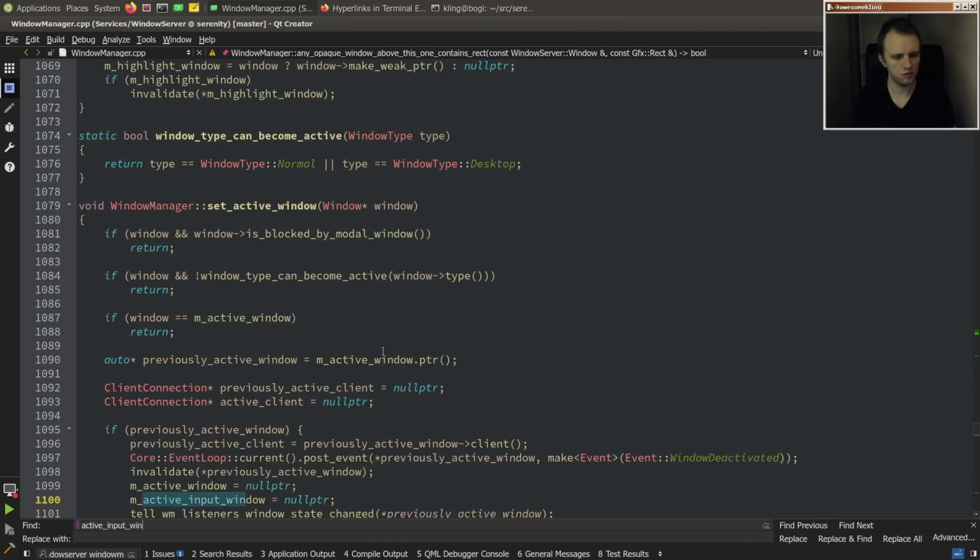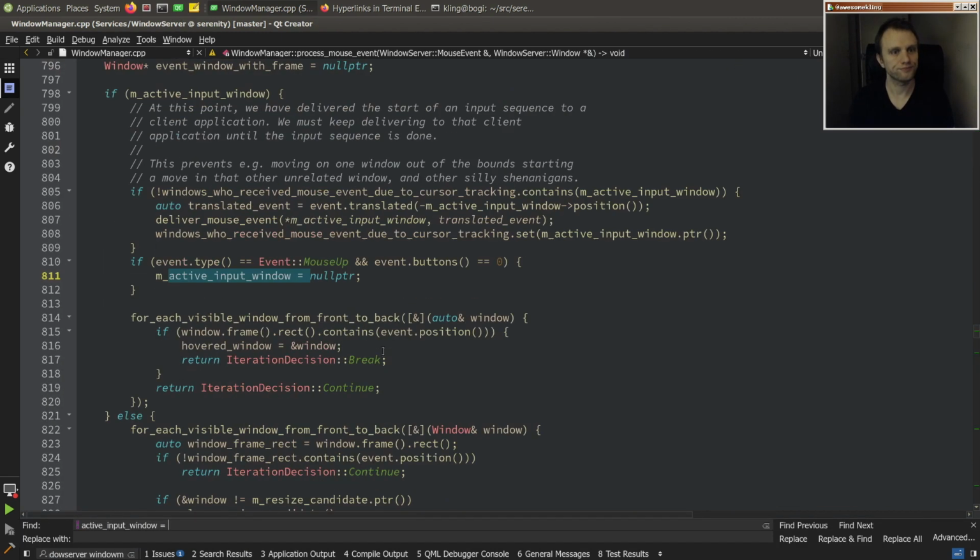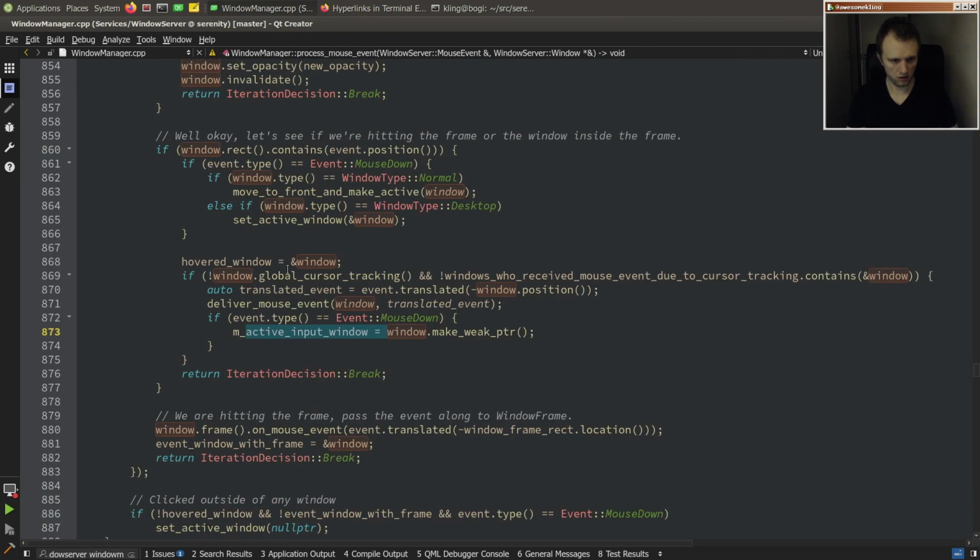Active input window is what? When we mouse down, you become the active input window. Maybe when somebody throws up a menu, then we should drop whatever the active input window was before. That seems kind of sensible. So